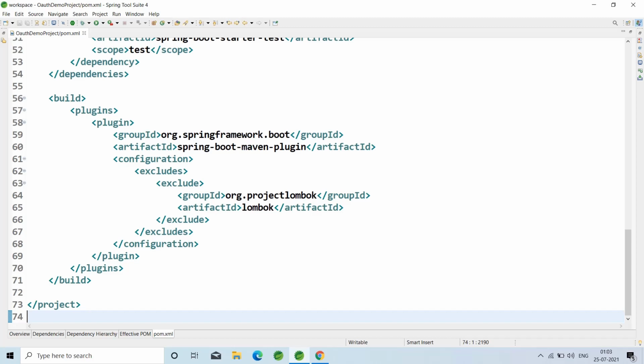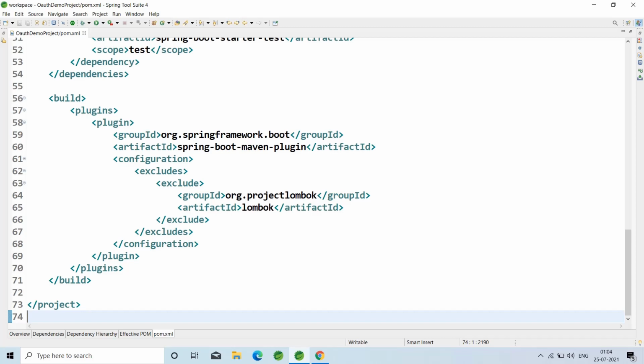That resource server is the one which will take the token and communicate with the authorization server and make sure that the token is valid and it has the appropriate roles to access application 2. Then application 2 will process the request and send the response back. In this way, OAuth applications will work.